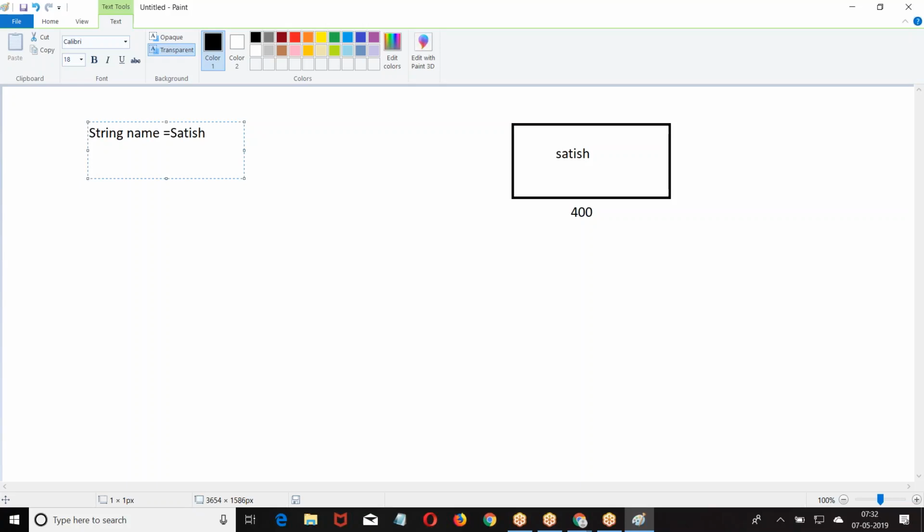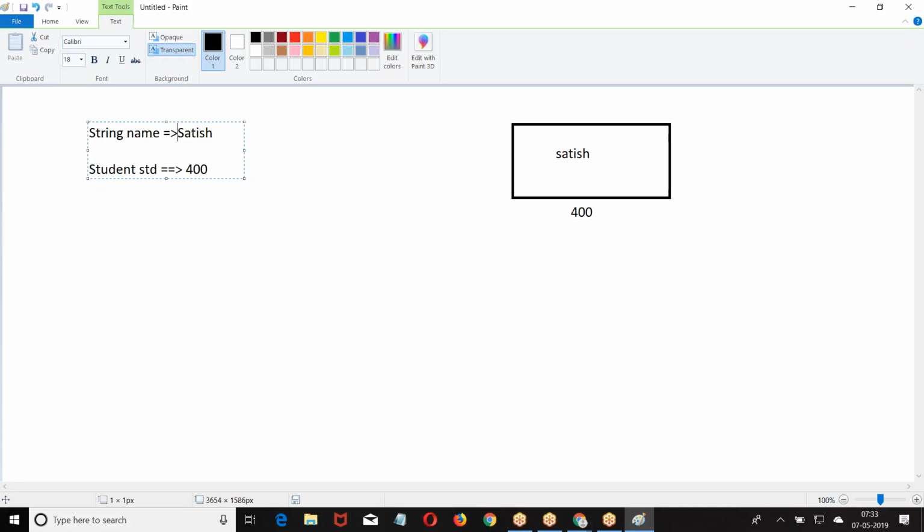When I say reference variable, it is referring to 400. Name is referring to Satish. Are you getting it? So when I say non-primitive, the reference will refer to the location. In that location, data will be there. I am referring to the location where data is available. A reference variable will refer to the location where the values are.